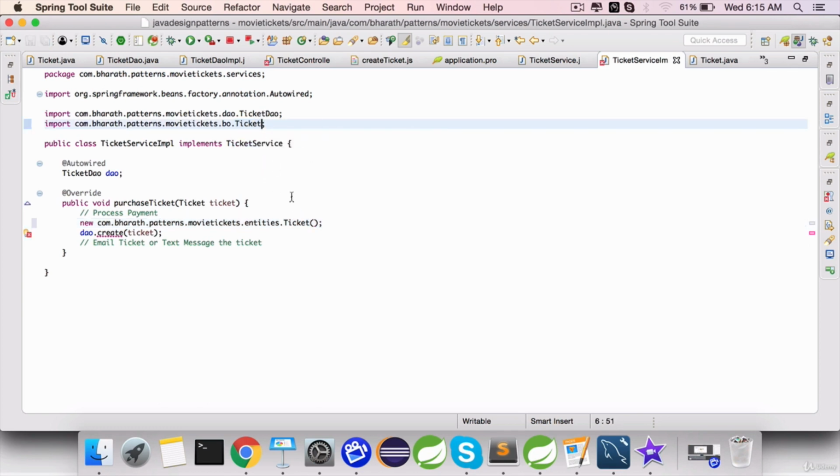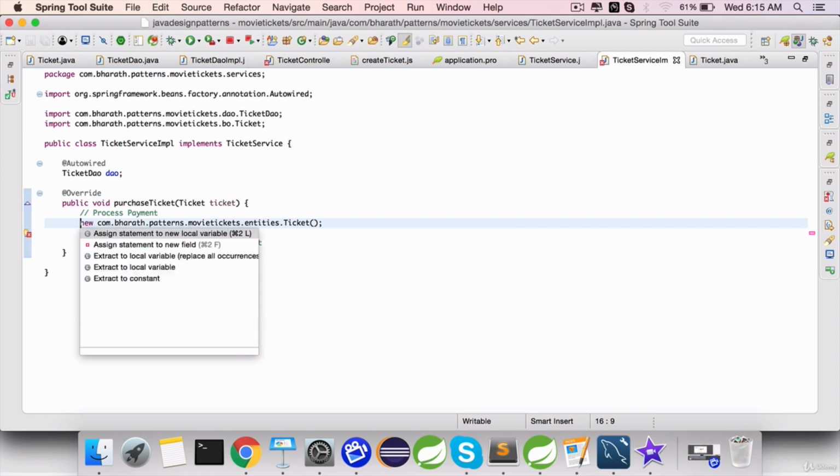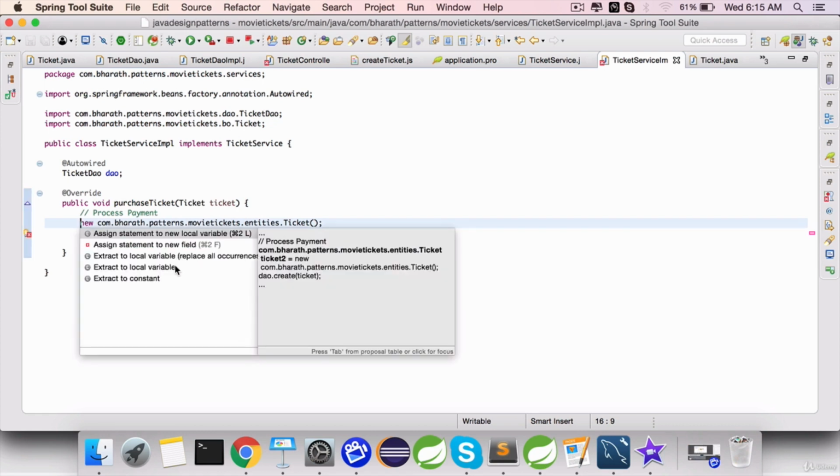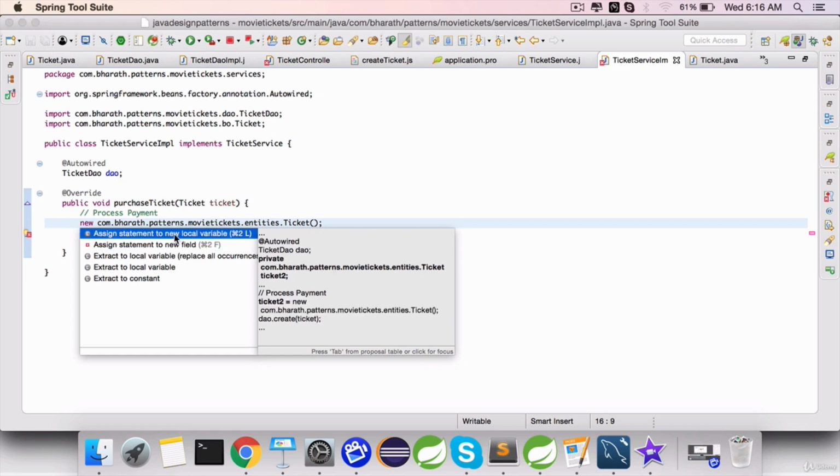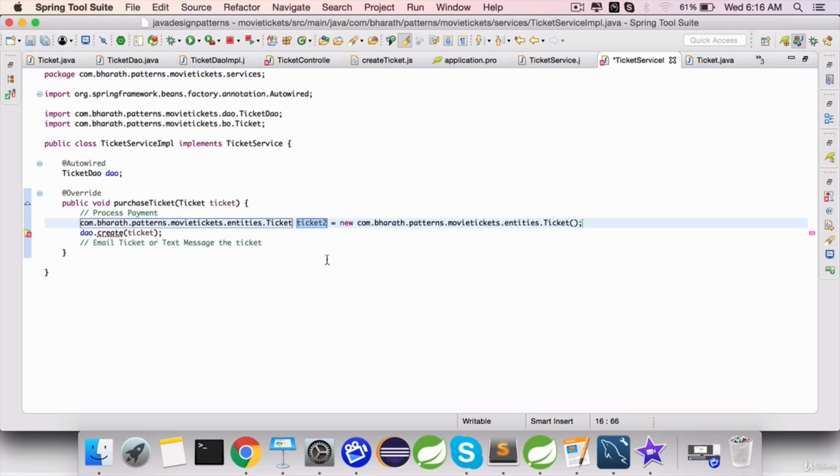If you want to, you can also call this BO as ticket BO. You can use that in the naming convention. Since we are using the same name, we are separating it out using the package names here. Hit Ctrl 1, assign statement to a new local variable or extract. Use the first one, assign statement to a new local variable, call it ticket